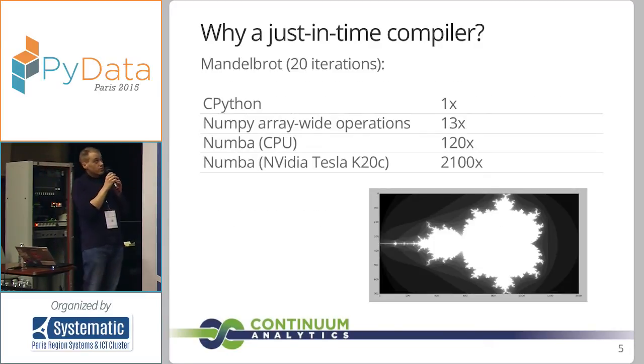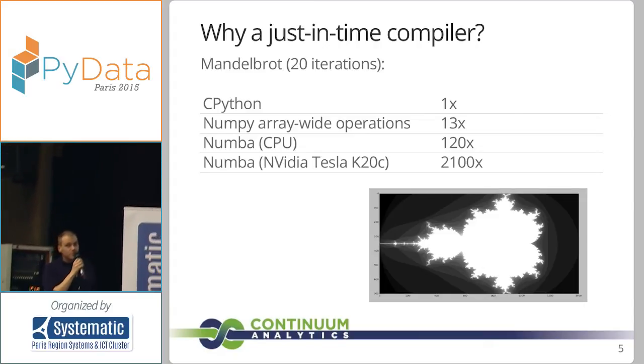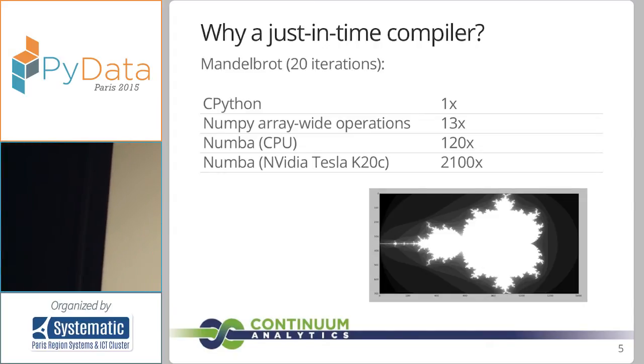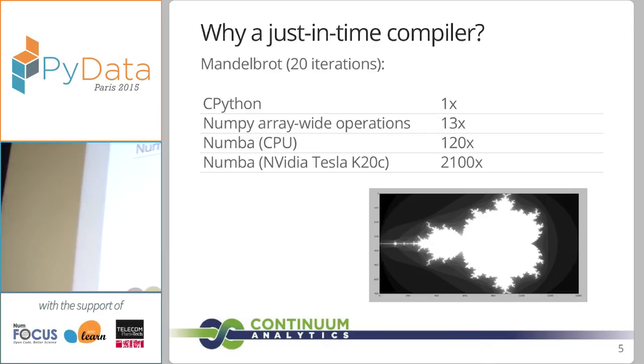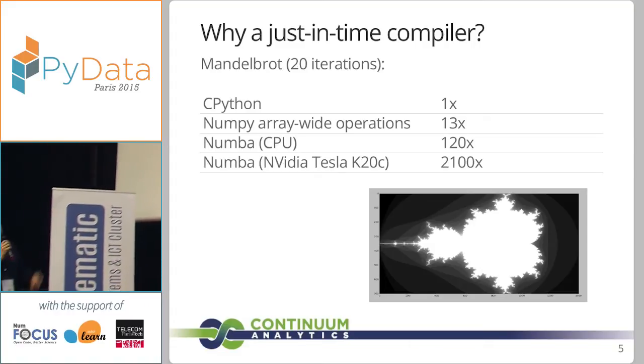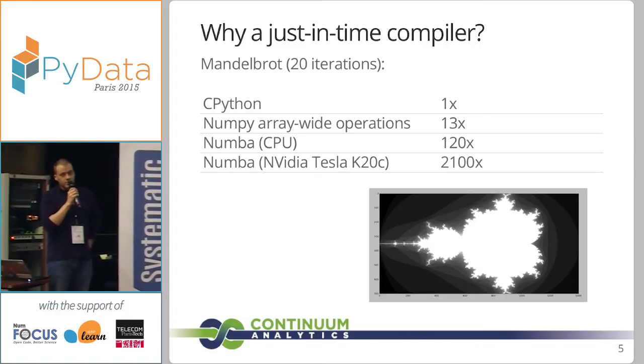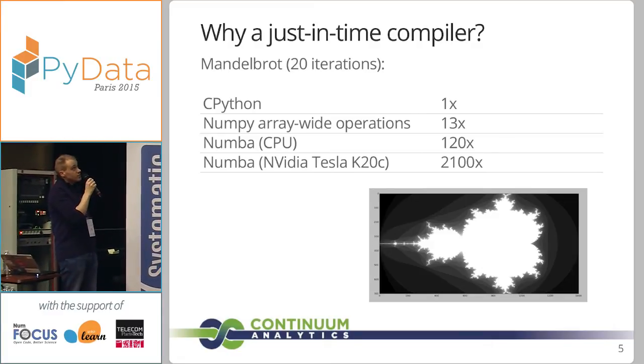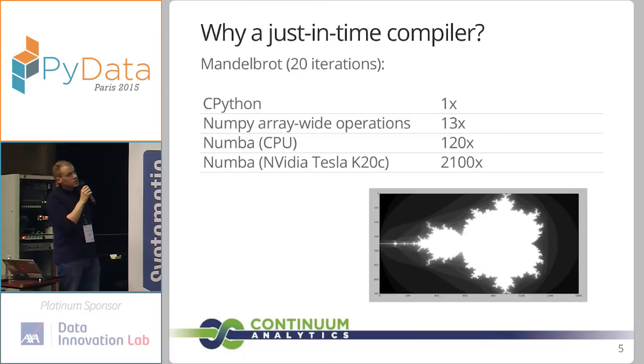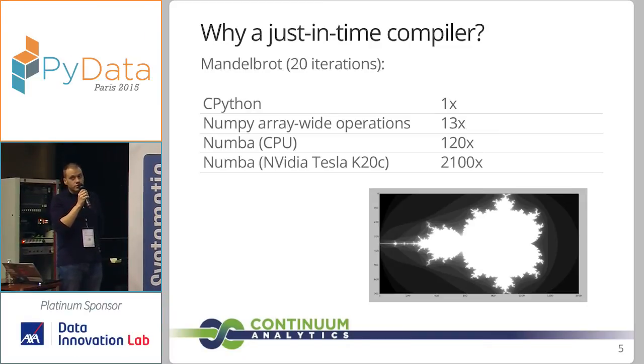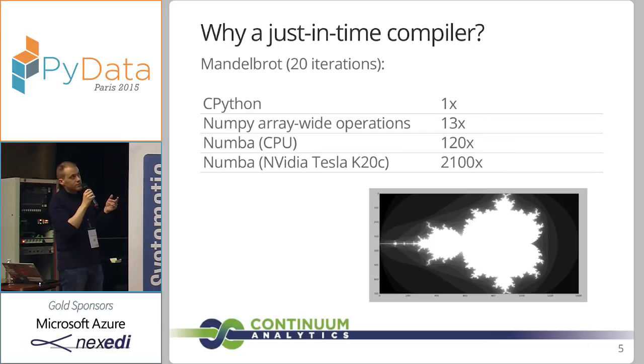So just a quick example. This is good old Mandelbrot. Everyone knows Mandelbrot, so it's quite easy to understand. You know that Mandelbrot exhibits this pattern of having some per element branching, because when you compute a point in the Mandelbrot set, you can exit early from the loop. The pure Python version is very slow. Your first hunch is to write a Numpy array version, and it's not very fast because you cannot benefit, using Numpy array operations, from the fact that there is some early branching or some early exit on a lot of points.